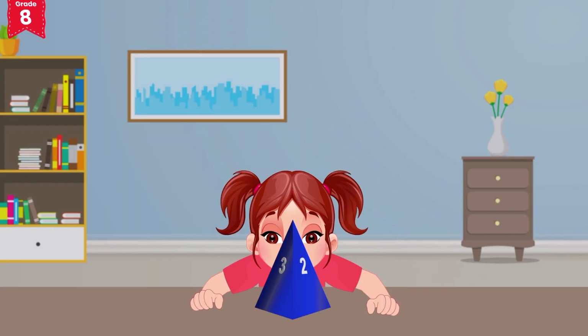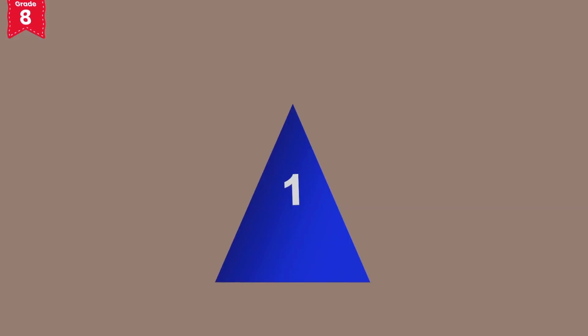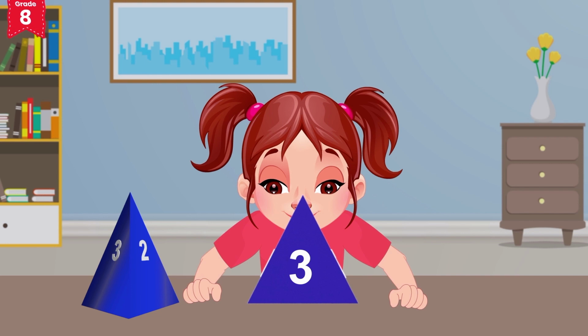At last, while sitting in the same position on the chair, tilt your head towards the right side and look at the side of the model. This view is called the side view of the triangular pyramid. After doing this, put back the model on the side of the table and take out the square pyramid.